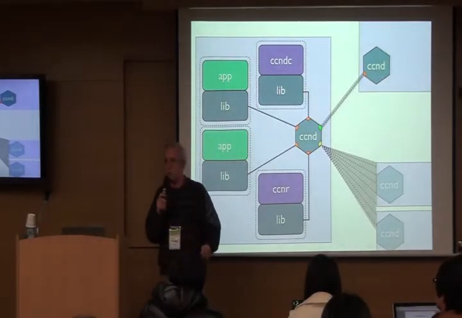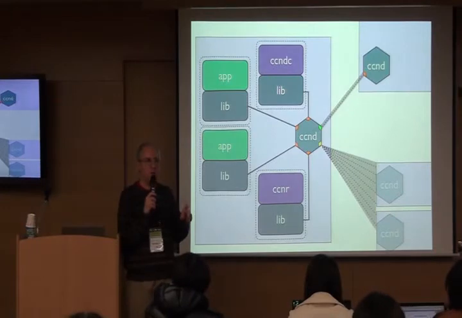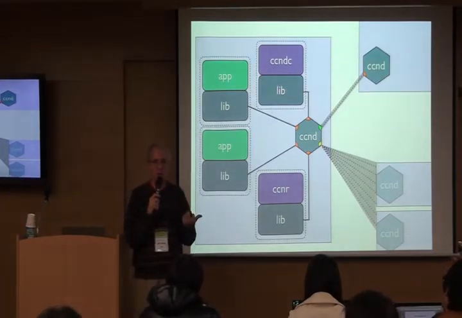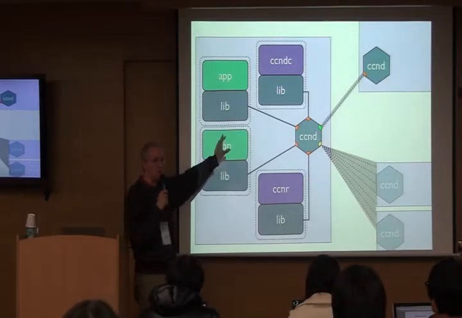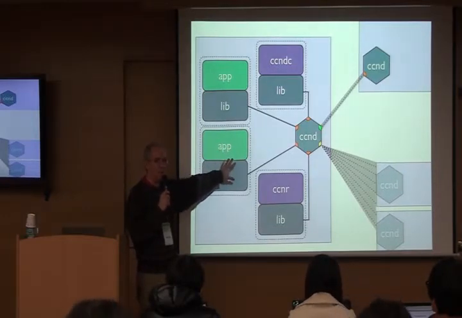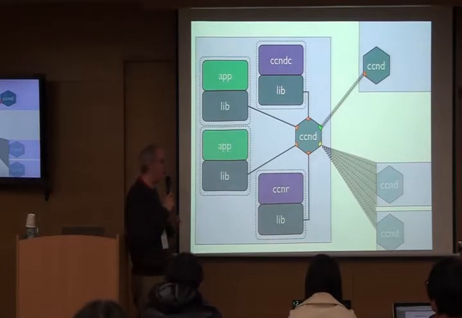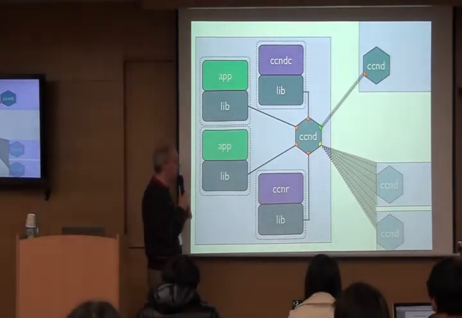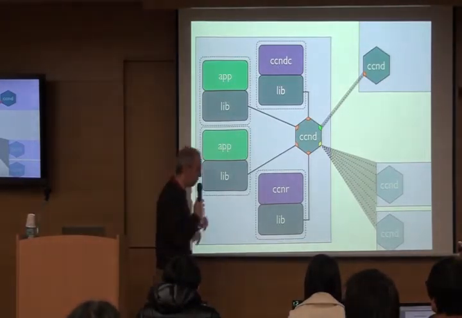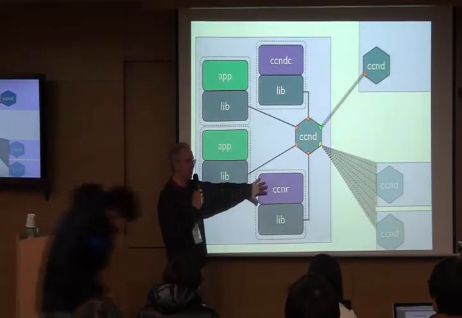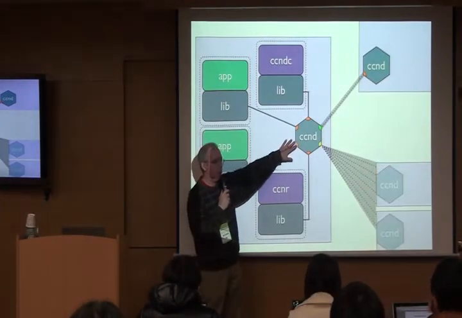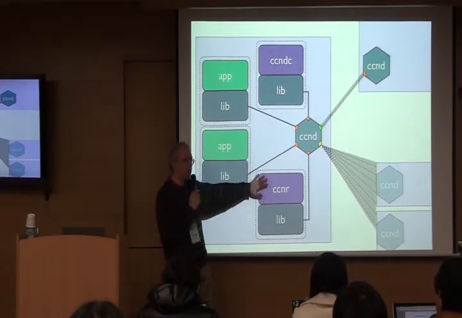And there was one clarification question that I got during the break that I want to highlight for everybody quickly before we do the example. It still concerns this picture. And of course, there's a bunch of questions that you could ask, and a few of them were asked about this picture during the break. But there's one in particular that I want to touch on because it could be a source of a lot of confusion. Somebody asked about CCNR and how is CCNR different from the content store that I talked about in CCND, and is CCNR required